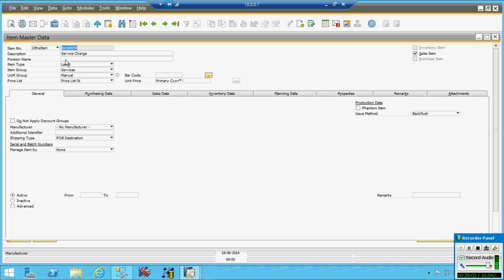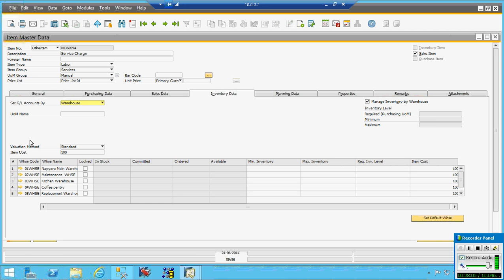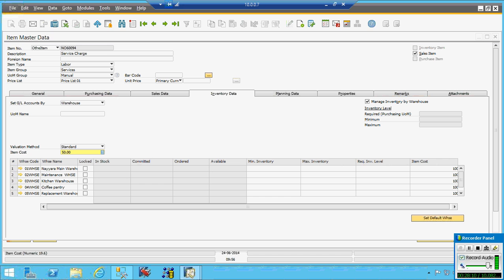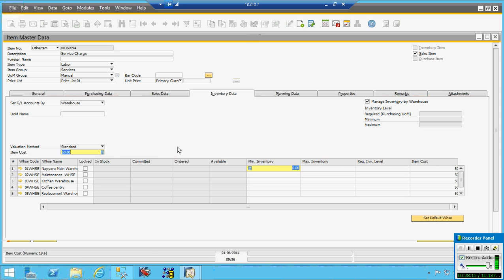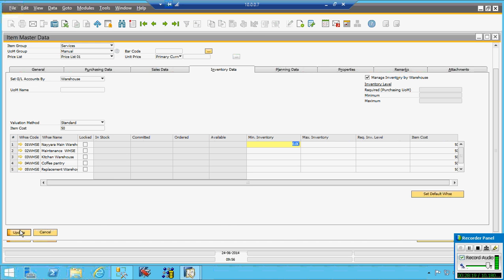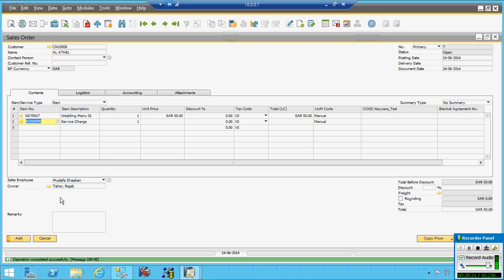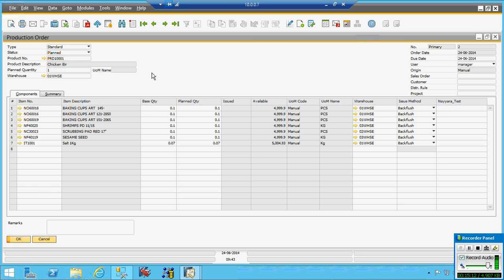Okay, and then in inventory, when you say service, we always need to say that the valuation method for this will be standard and we will have a cost for that. For example, say 50 as you told. This is for valuation, when we evaluate the inventory. But for this one they won't be known, we just say a standard price. If there is no stock, there will be a standard price.